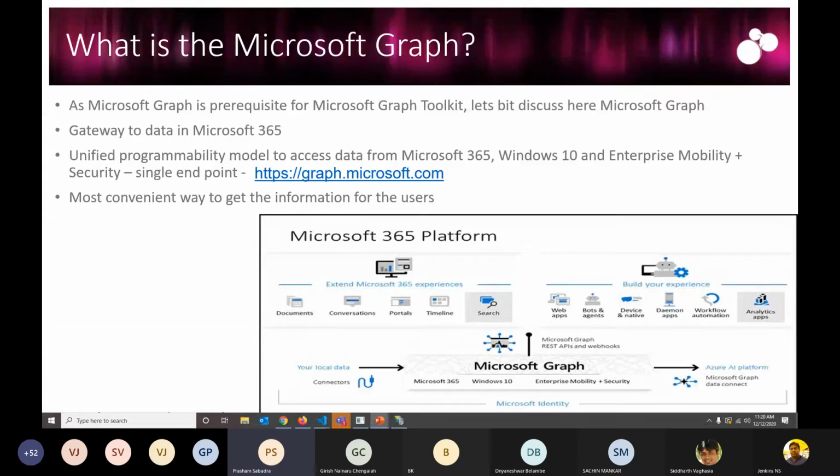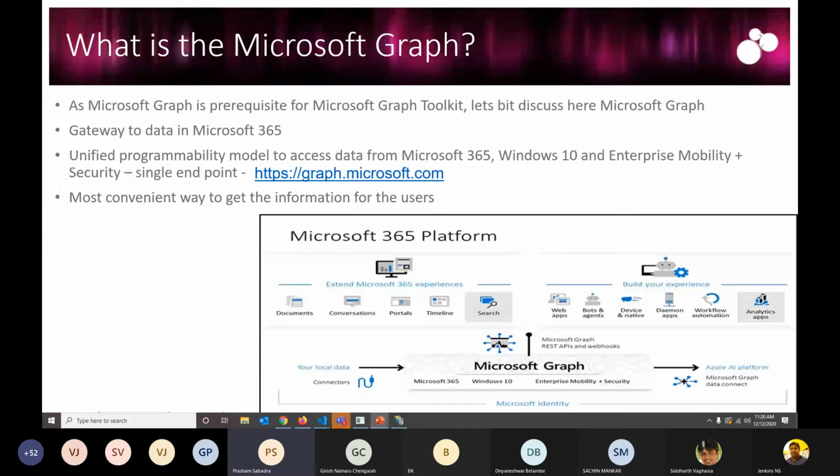Even though other options like the Azure AD Graph APIs are still available, the recommended way from Microsoft now is to use the Graph API to get M365 data. Not only M365 data, it's available for D365 as well.